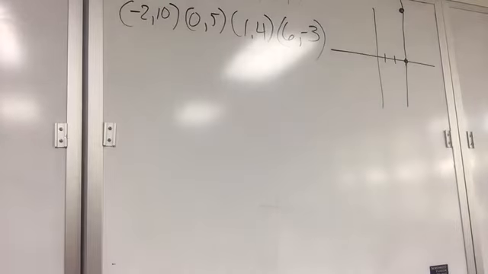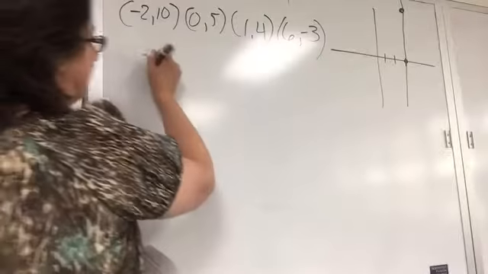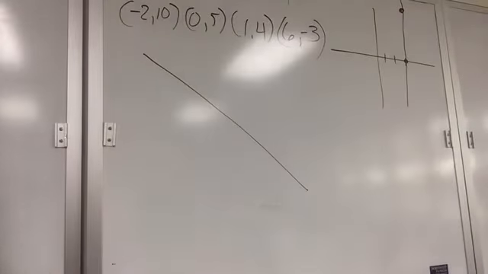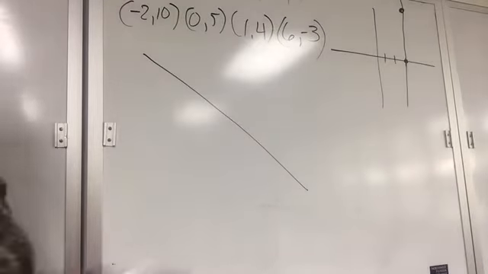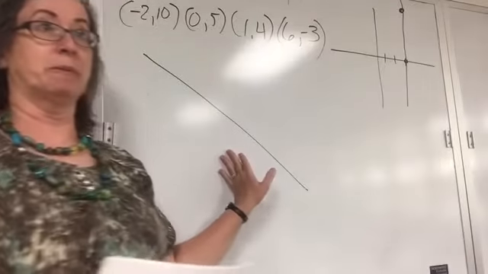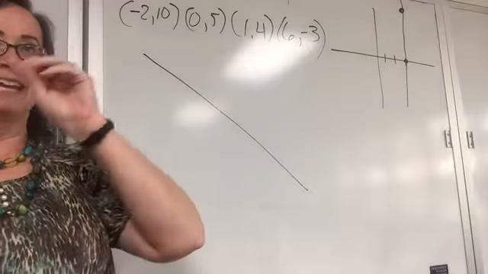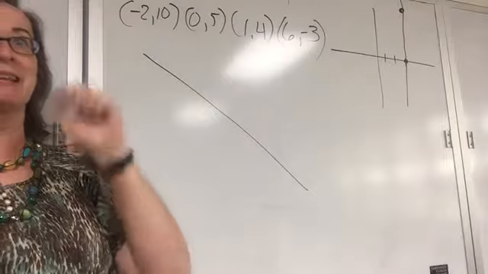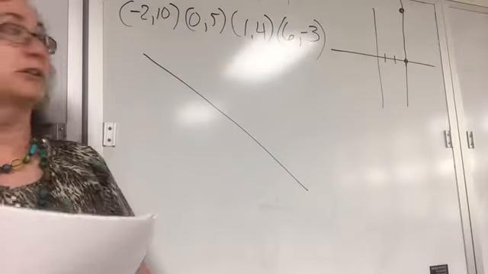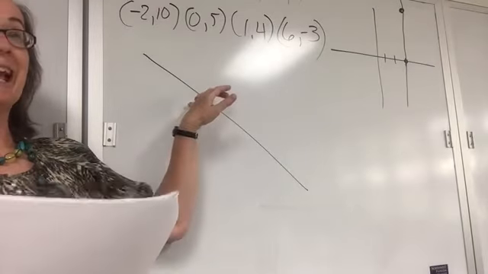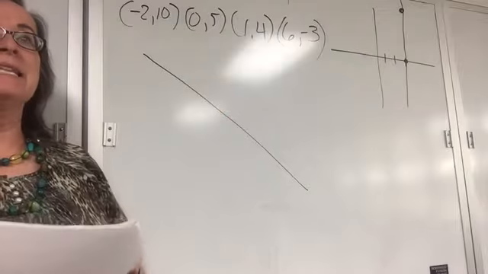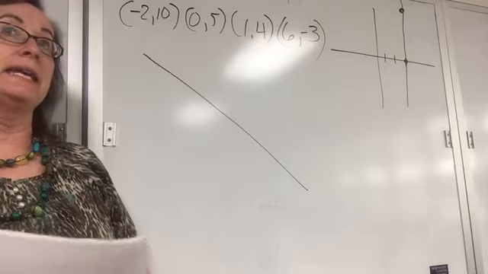All right, so look at this one. This is a line. It has a slope. It has a negative slope. Remember, that's going to be on your test. Negative slope, positive slope, zero slope, infinite slope. All of that's going to be on your test. Okay, so this is a line. What is its domain?